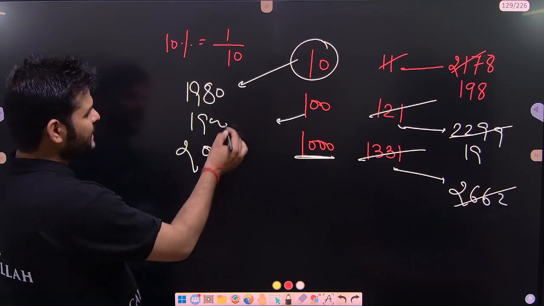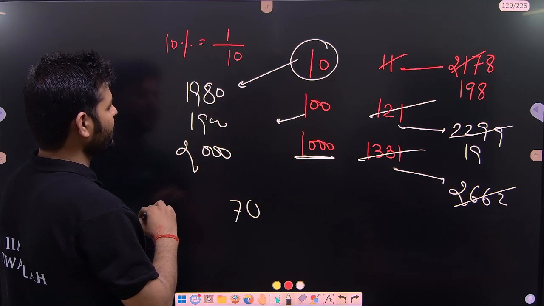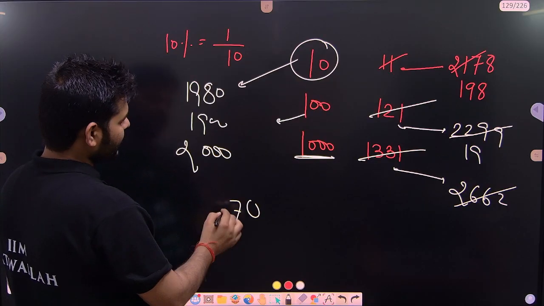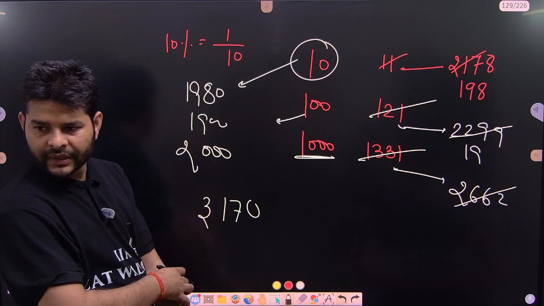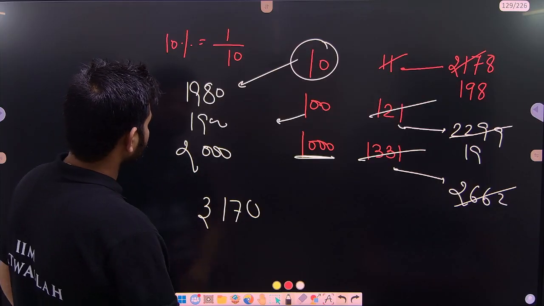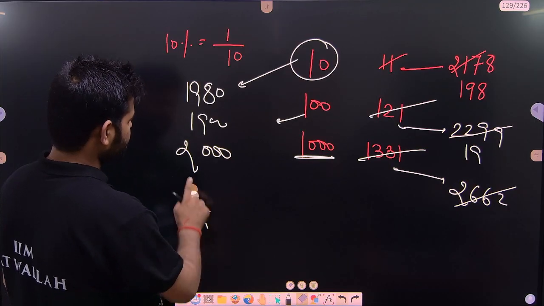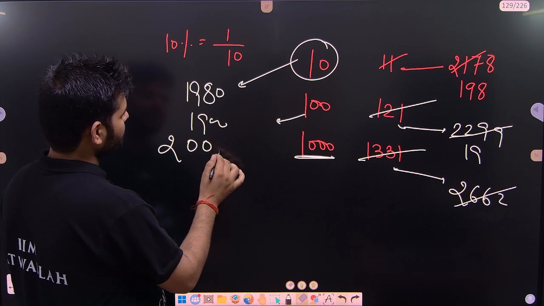So the total principal is 0, 17 carry 1, and that would be 11 carry 1 and 3. Got it? Or something else? I think something else. Addition is correct. 0, 0 and 0.